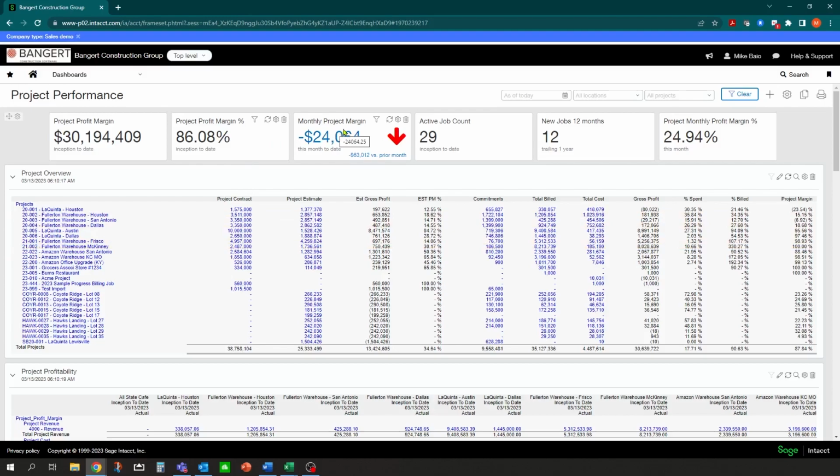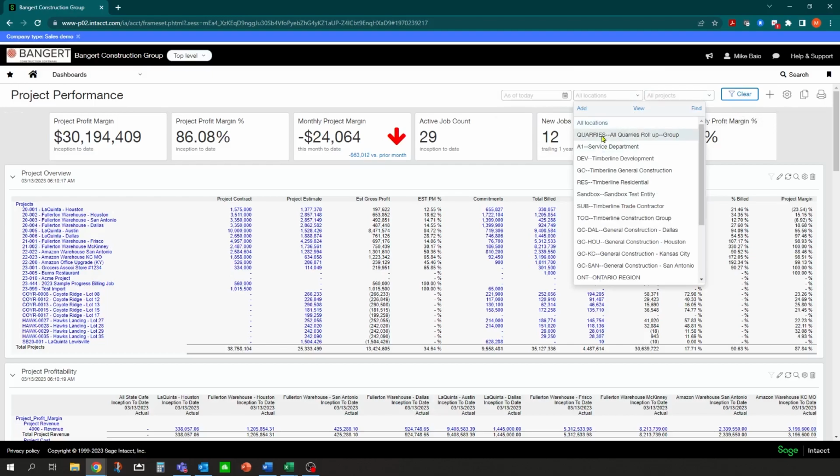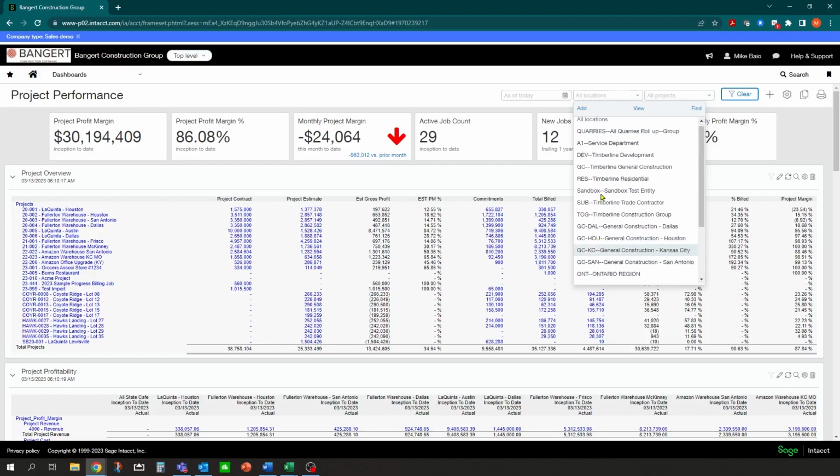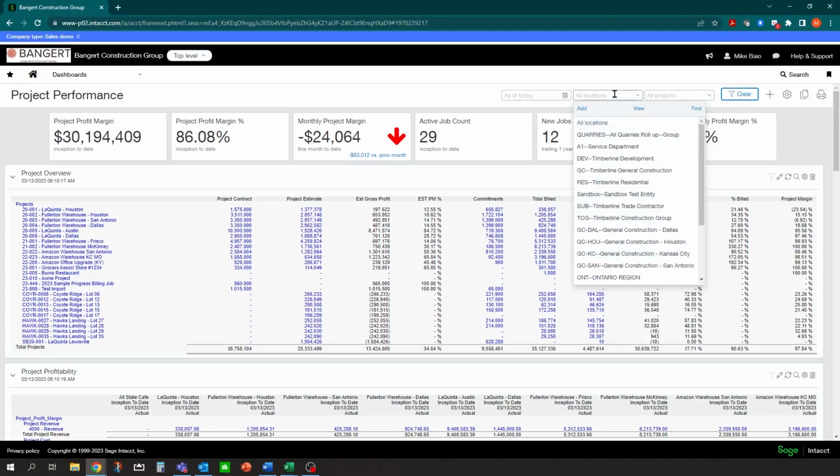where I can see some triggered data on the top as far as project margin goes, and active jobs. I have a project overview here where I can see the projects listed. As a project manager, you can have additional filters on top. So for example, you just want to see a particular group of projects, like only our quarries or hotel types or different regions. You can filter this way.